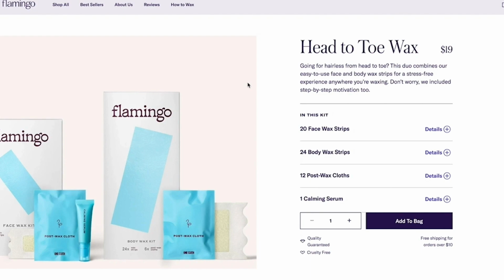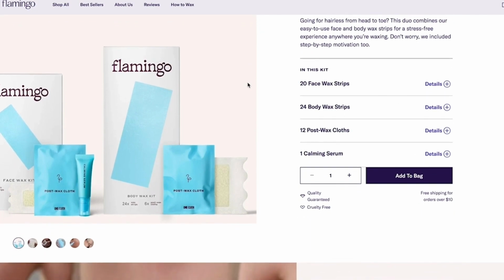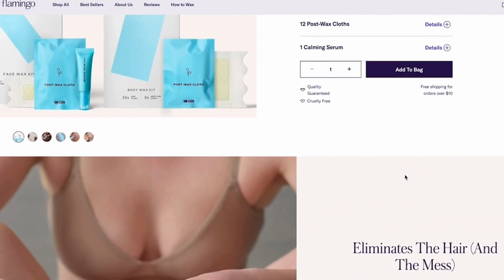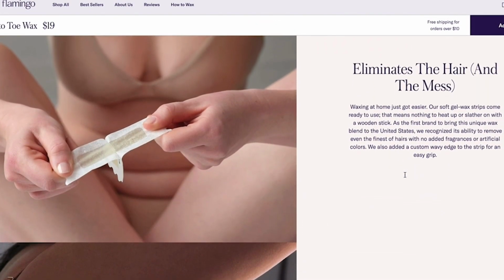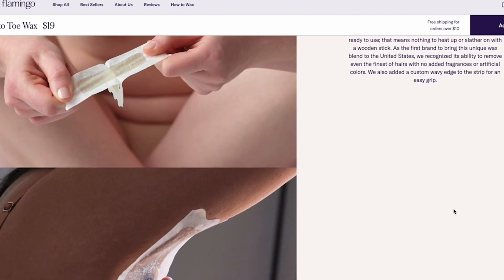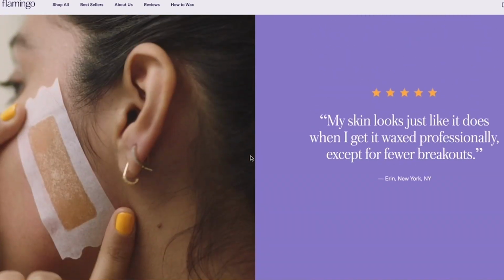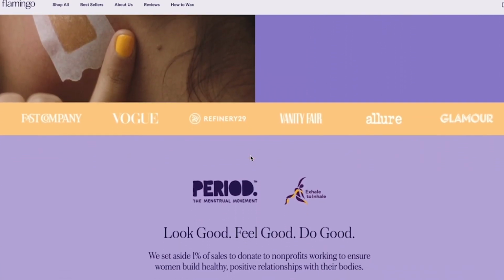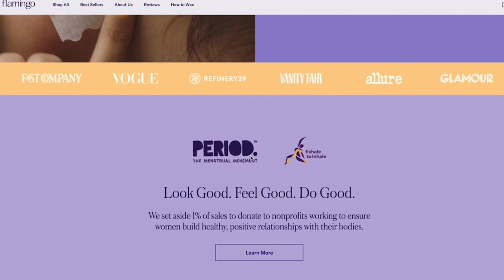Let's look at one of these products. Quality guarantee, cruelty-free, really great. This definitely markets well to Sarah. Another really great thing besides putting, you know, the award-winning on there is that they have all of the companies that they've been featured on. So really, really great. I think one of Sarah's